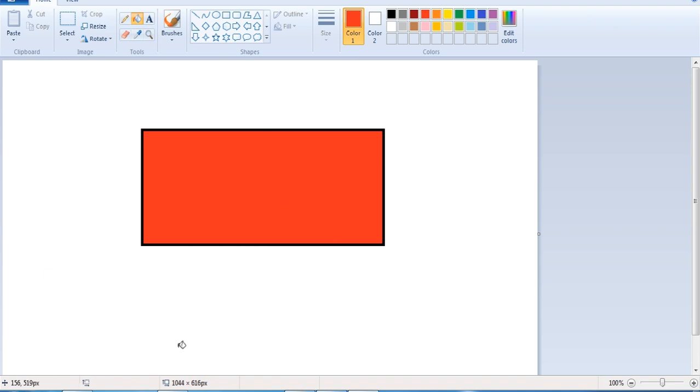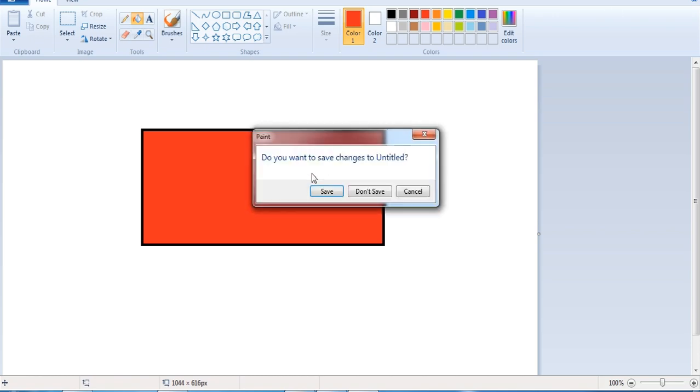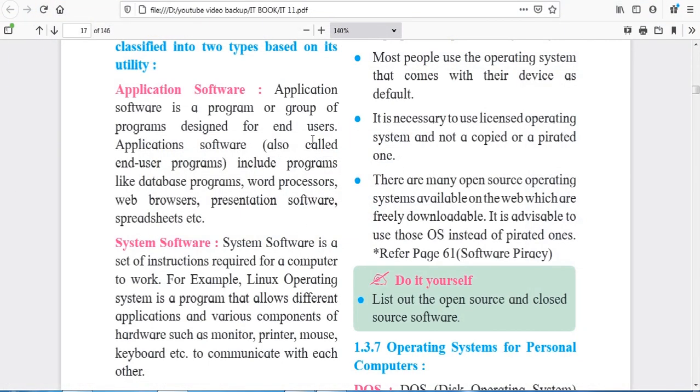So this is the application software which is particularly used for painting or drawing on your computer. So that is an example of application software.